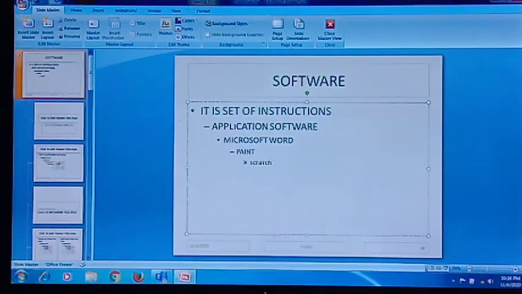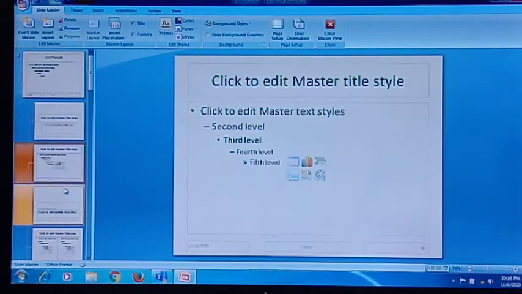So this is the template which is given to us. We can change it according to our needs. So according to this template only we can change the settings, and other different templates are also given here. Also you can use these templates to edit the slides. Okay, this is all about master slide.